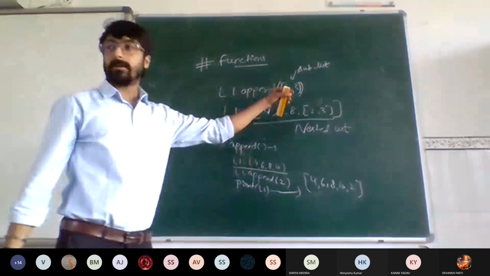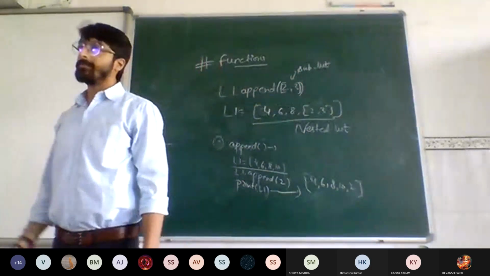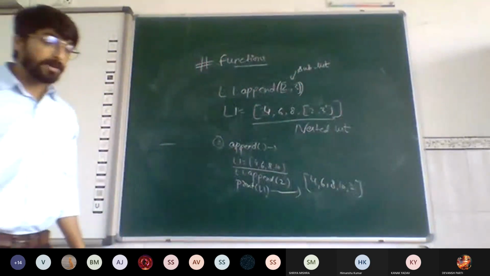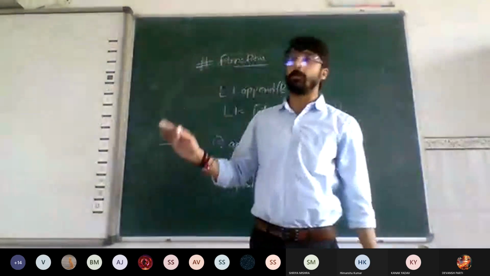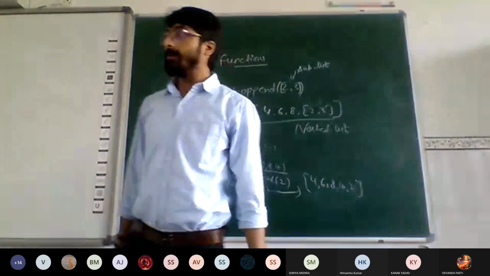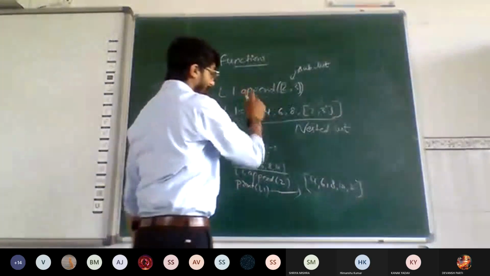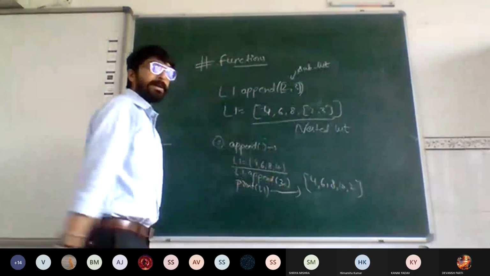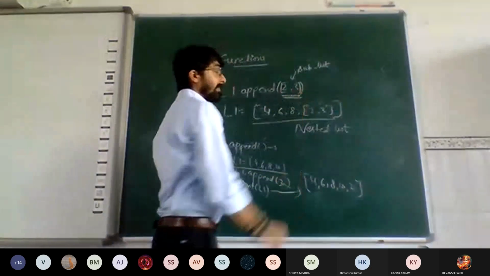What if we have written alphabets here? No issue in that. You could have added the alphabets. It's not a compulsion that a list will be of integer types or float type only. It can be of mixed type. Here we appended 2, so it added the element 2 in the list at the last. But if we have appended a list, then what?